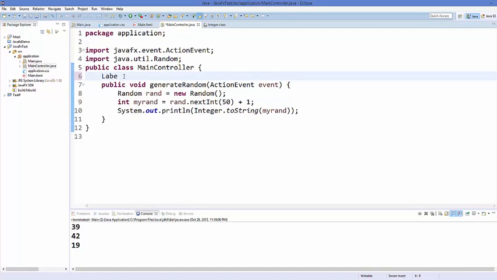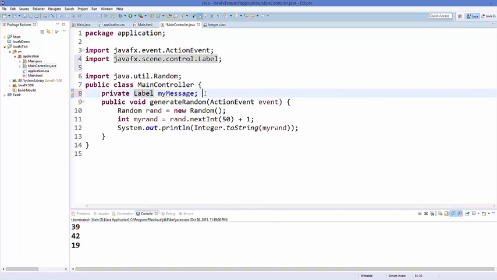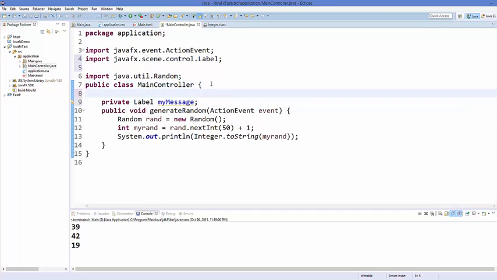So just call Label and make it private, and give your label a name, for example myMessage. Now first of all, import this Label class. And now we are going to go just above this declaration of our label, and add a line which says